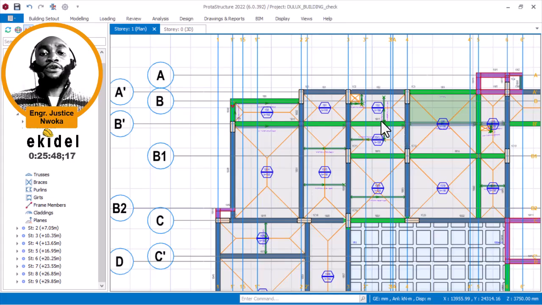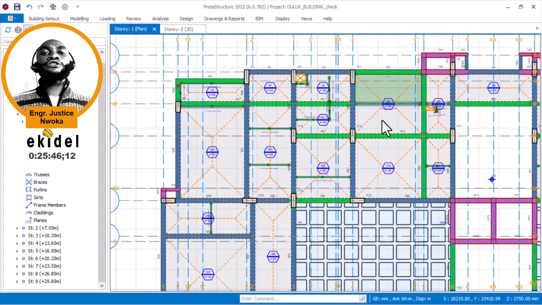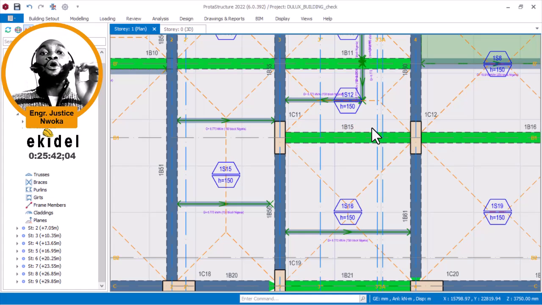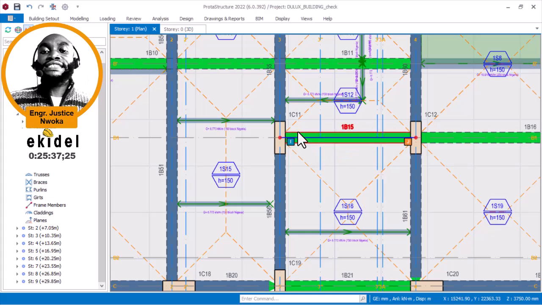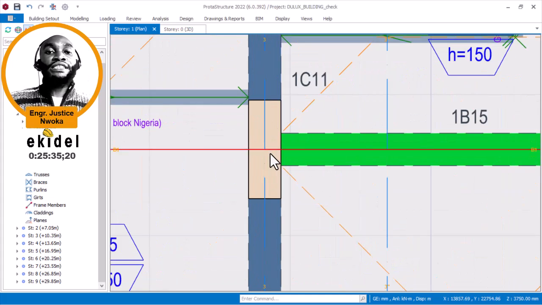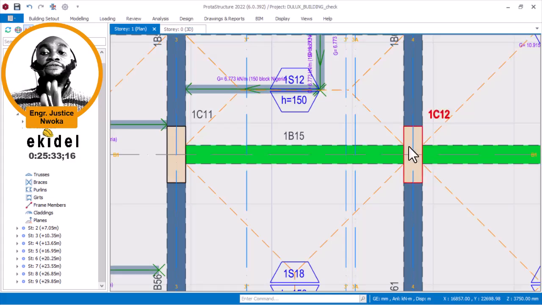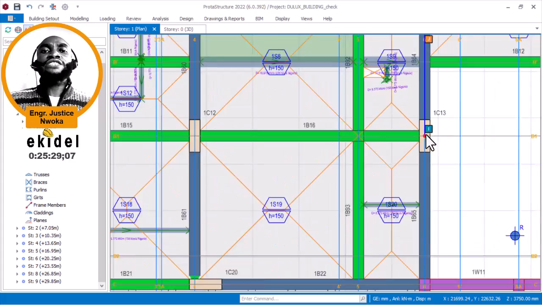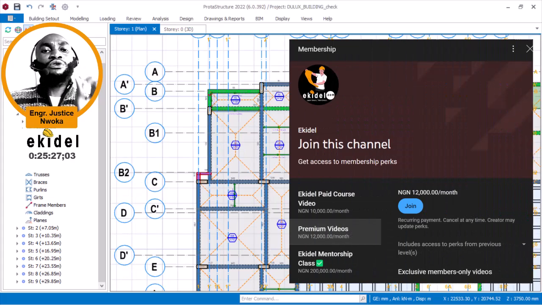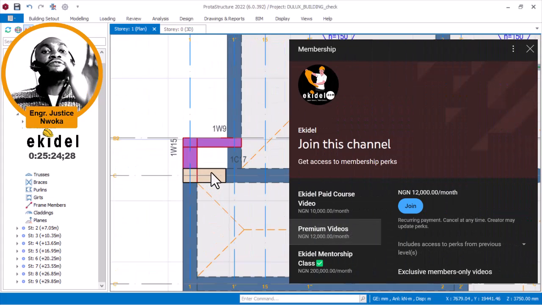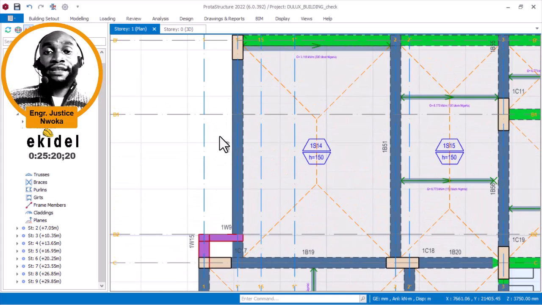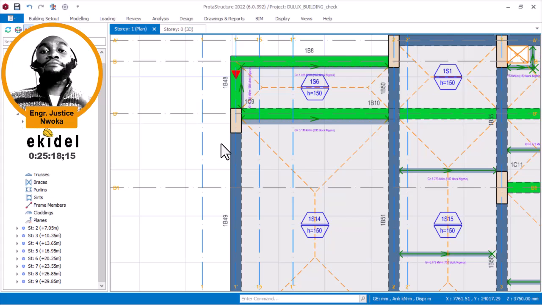By default, ProtaStructure considers every beam end, every junction, to be a fixed end. So this beam is a fixed end, and here is also a fixed end, and here also, and here also. The software considers every beam end to be fixed. But that is not how it is meant to be in reality. There are some beams that are meant to have